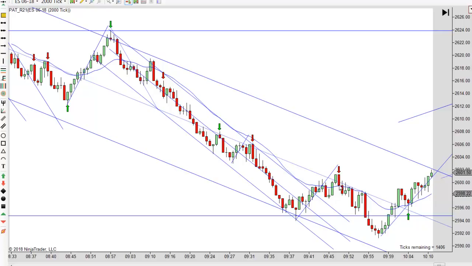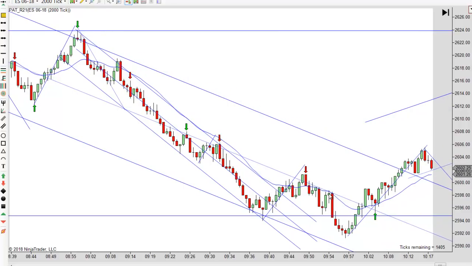Look at this nice short setup. You got your close outside. It goes higher and it turns down instantly. Nice bearish bar, and off it goes. You get a lower high here, but I don't like that signal bar, and I don't like going short right into all those lows across there.